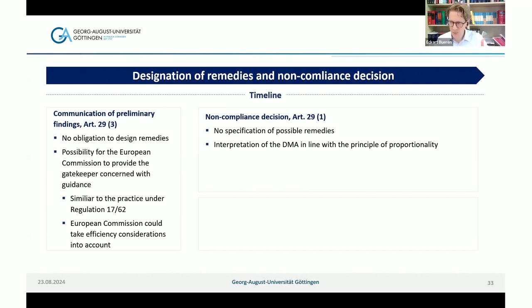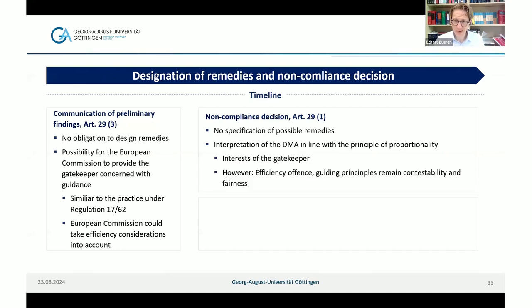So I said the DMA is about per se rules, and of course this is the intention to have a very precise rule that tells you exactly what you have to do. Nevertheless, in a certain scenario, it might be that there's some room for interpretation, that you can interpret a certain obligation in that way or in that way, and again then we can argue that efficiencies can come into play, because the Commission might be obliged to take an interpretation that is less intrusive into the rights of the gatekeeper. And what the Commission can also do, Article 29, subsection 5, it can issue a cease and desist order